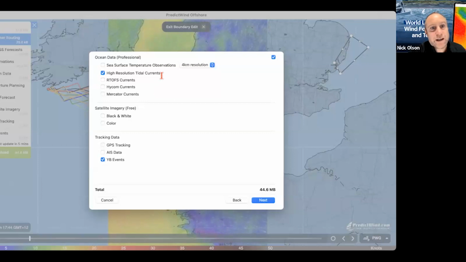So you'll see here, I am getting the high resolution tidal currents, and something else that I probably should have looked at before when we were in the PredictWind app. You're using YB tracking in this event, and so you can download all of the boat positions in here. It's a tiny file size, but means that you can see on the map where everyone else is. And as I mentioned before, tactically, that is pretty useful. So we're all set up there. Click on next,